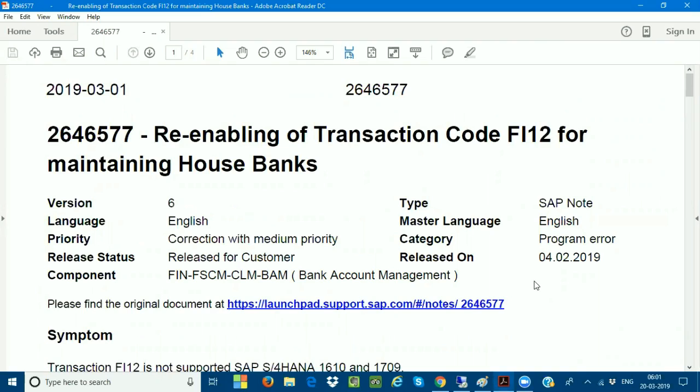See here, this is very, very important. This note has been released on 4th February 2019. This is what exactly we call a note: 2646555, re-enabling of transaction code FI12 for the maintaining of house bank. This is the new note which has to be implemented. Now this note is clearly telling us